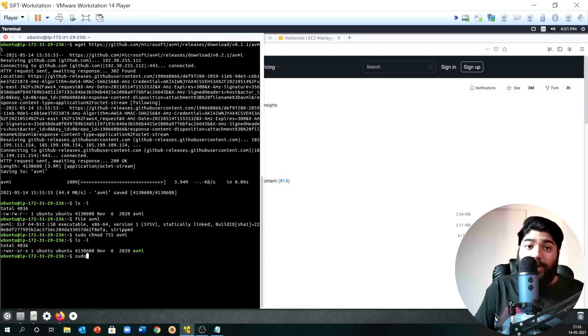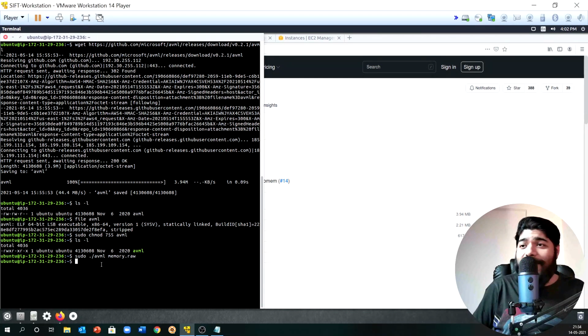So simply one command, just remember this command. We do a sudo because we need admin privilege, and we run ./avml, of course, and we need to specify the name of the memory file. For this instance, let's call it memory.raw. Are you guys ready? I am ready, so let's do it. It's in process, so you won't see anything happening, but believe me, once it is done, it will show up on screen right away.